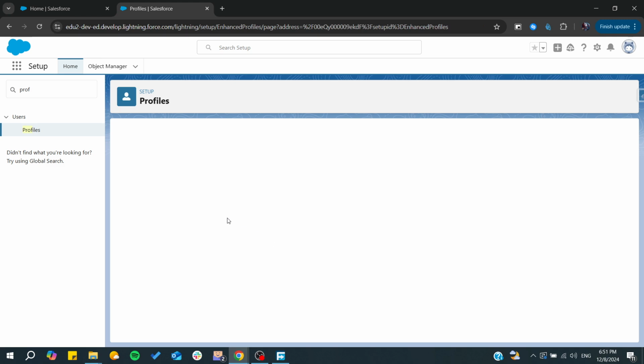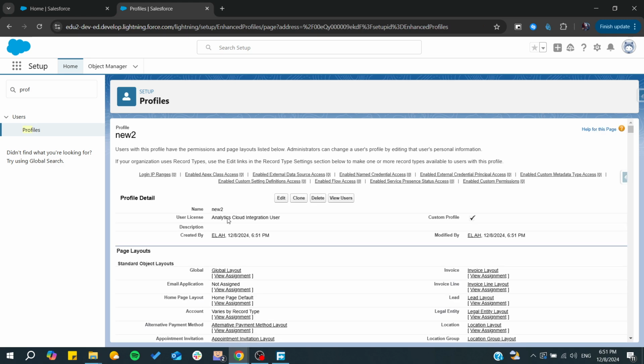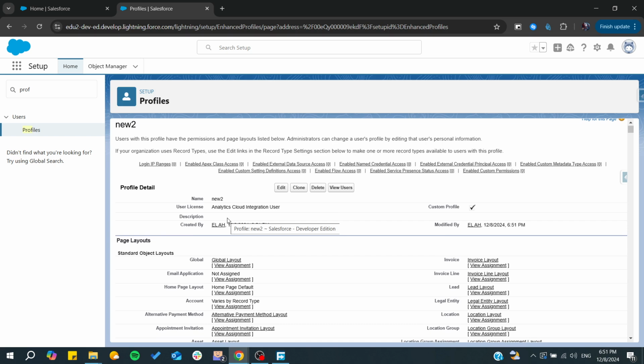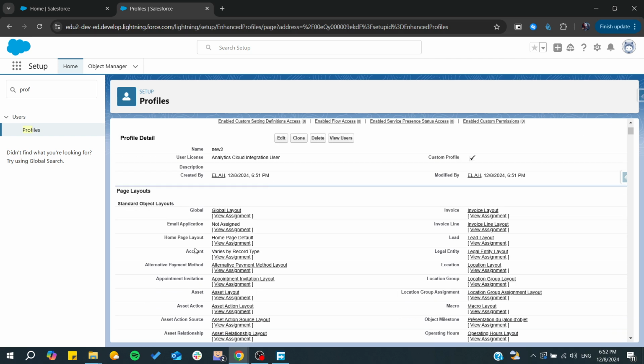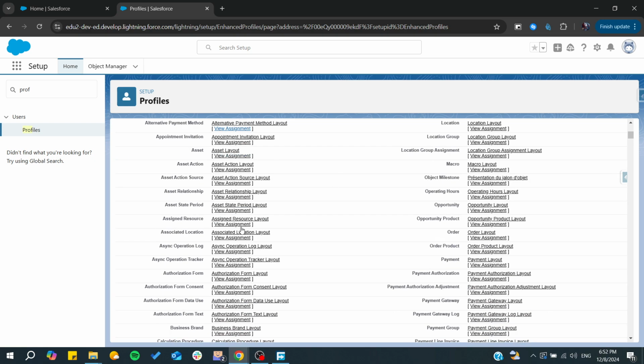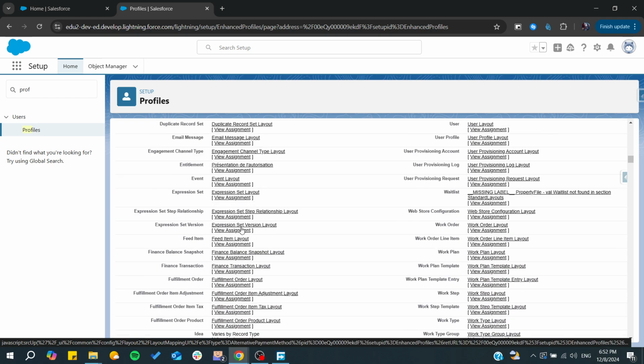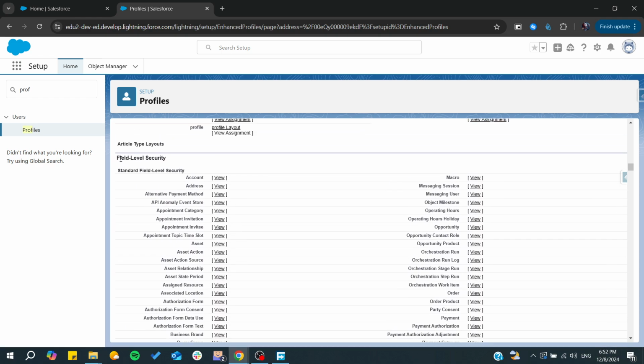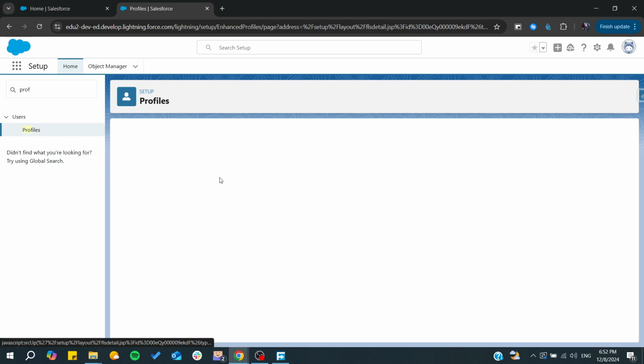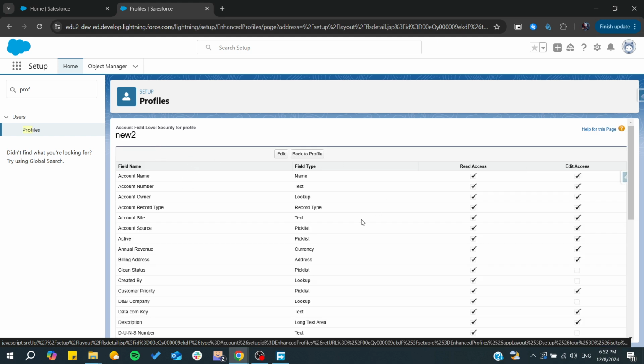and then we will need to start adding the permissions and all the modifications that you want to add to this profile. So first we have the standard object layout that you can assign for this profile, and down you can find the field level security or the standard field security, and you can see, for example, for this account all the access that you have using this profile, either only its read access or the edit access,